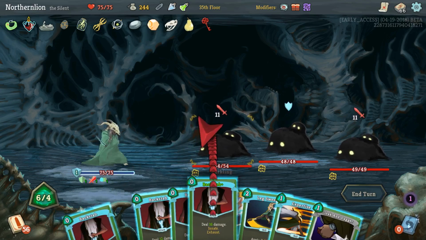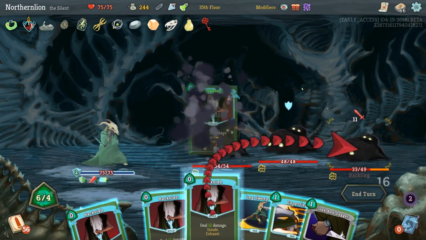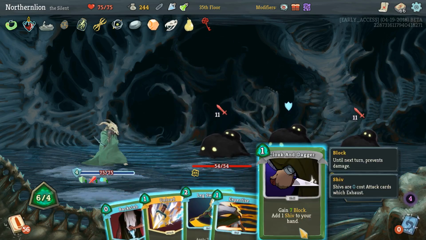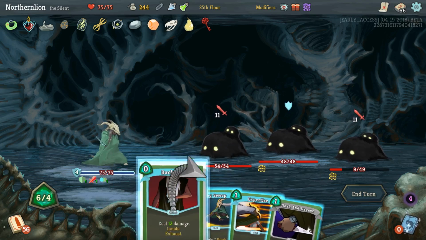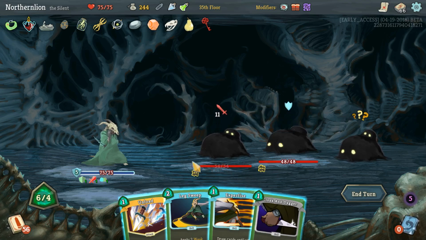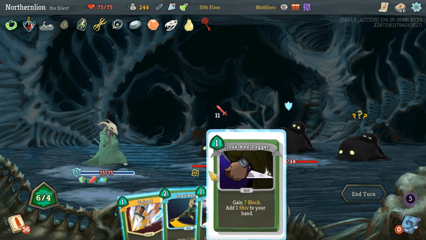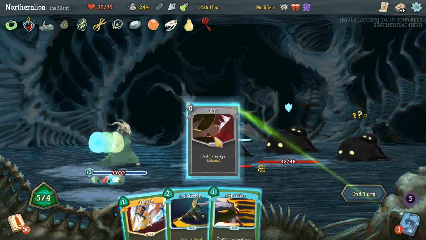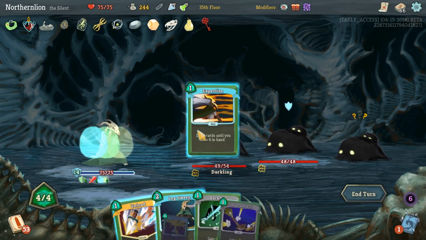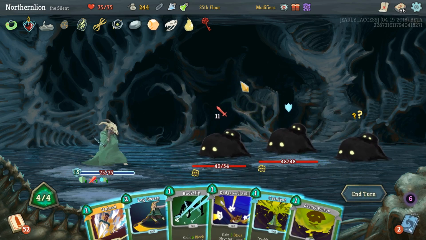So let's start. You only need 9 damage. I'm just gonna do it like that. I want to draw as much as possible, so give me some block and start smacking. And then Leg Sweep is just kind of not worth the energy just yet, so I'm gonna slow my roll